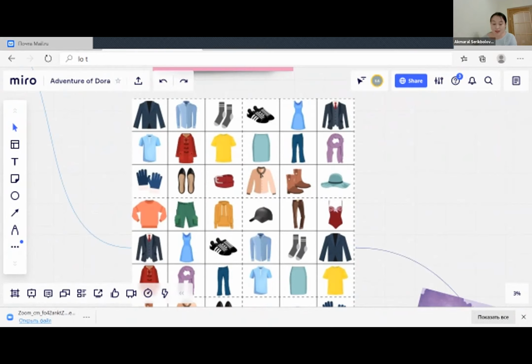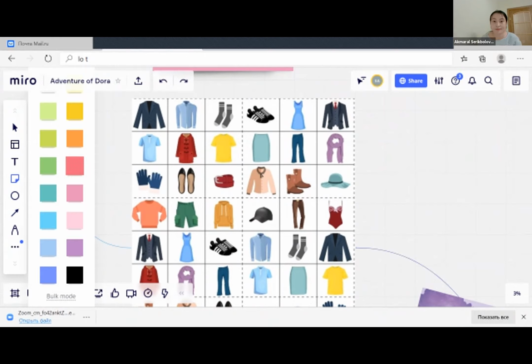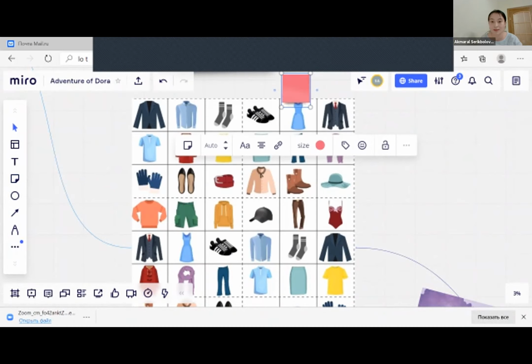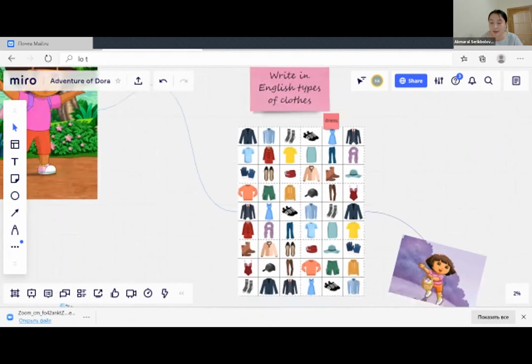That is, in these assignments, you have to write the name of clothes on sticky notes. So, for instance, like this. So I think that it's clear.